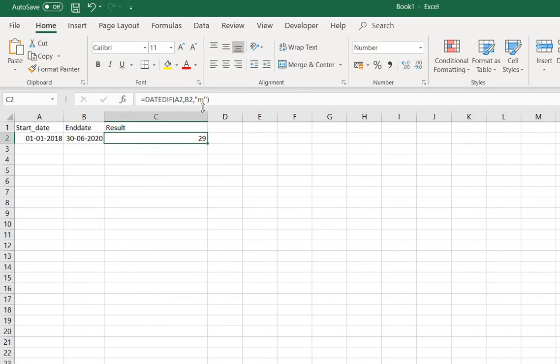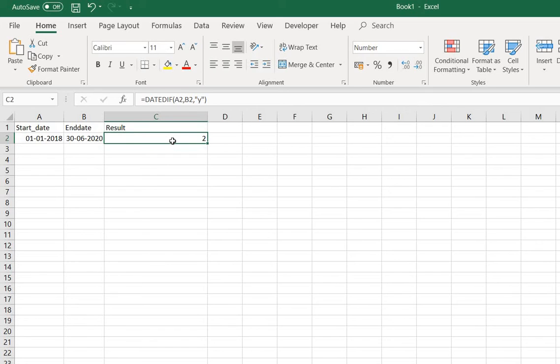And let me tell you one more thing. If you want to find the weeks, how many weeks of difference, then you have to go to days again, how many days of difference, then divide by 7, because days divided by 7 will give you how many weeks of difference. Let me hit enter. Look, it shows the result: 130 weeks of difference. Similarly, you can see the years, how many years of difference. Just write Y, then hit enter. So it has 2 years of difference.